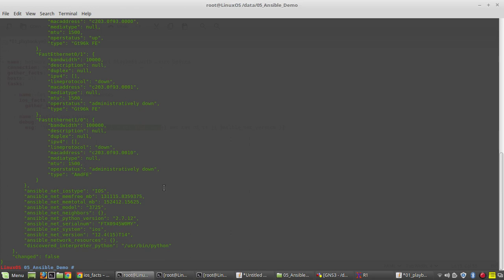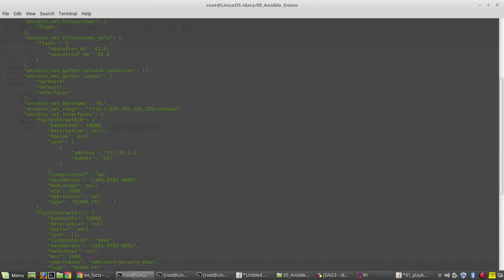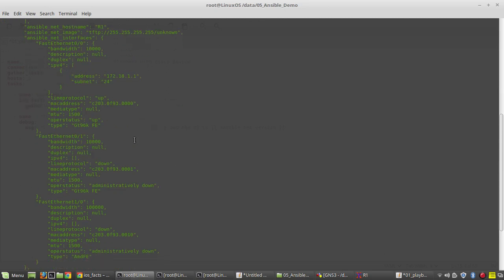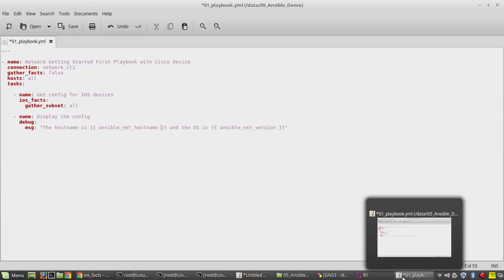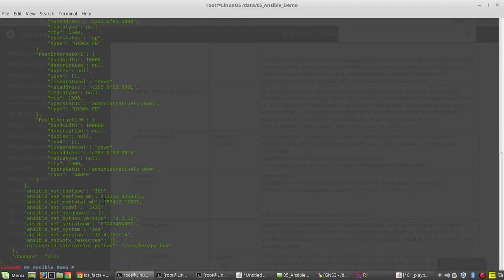If you see the previous output, you will be able to see that. Yeah, Ansible Net hostname is R1. Ansible Net version is 12.4.